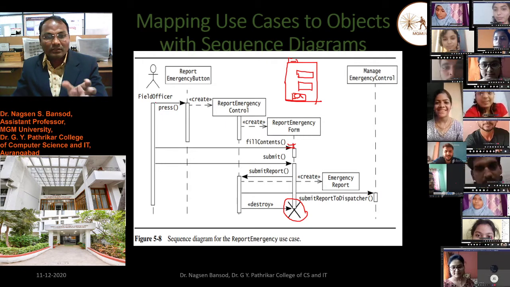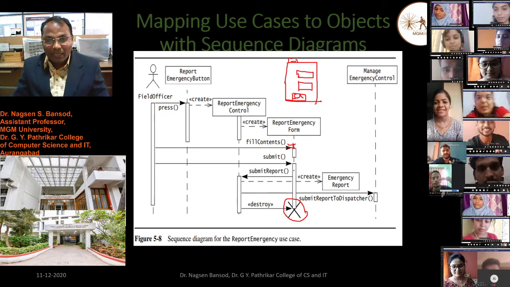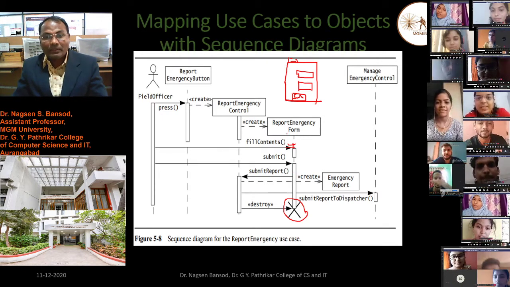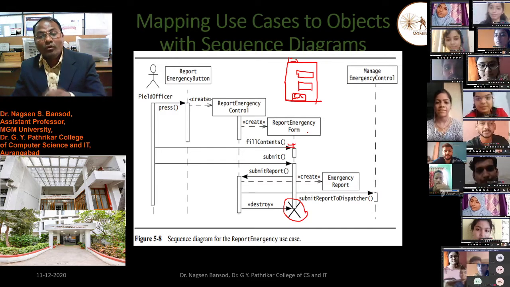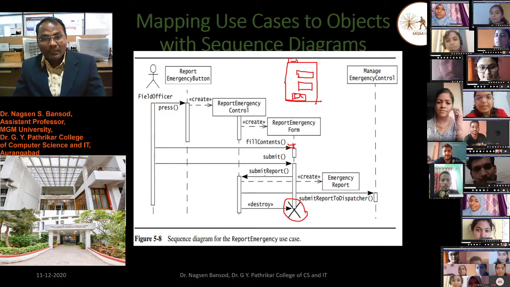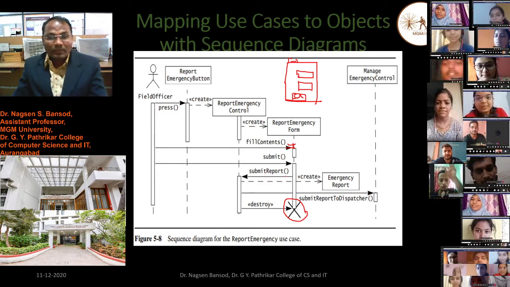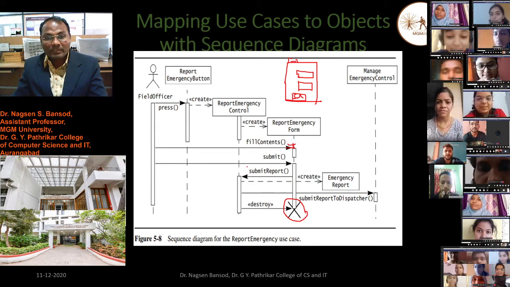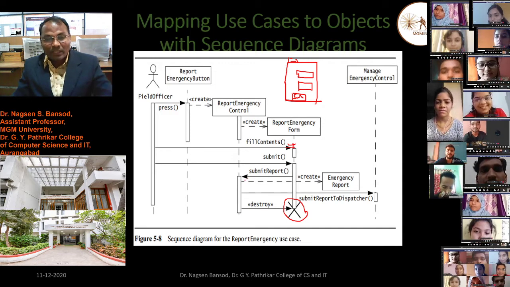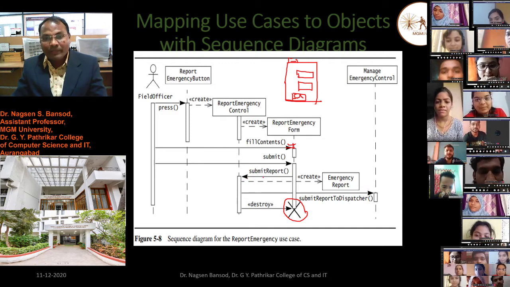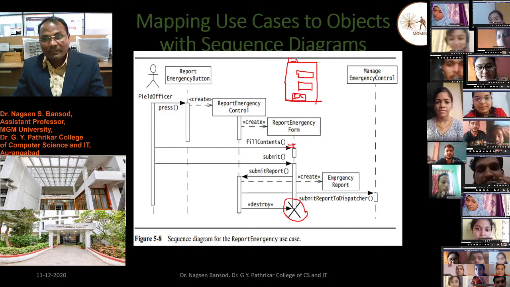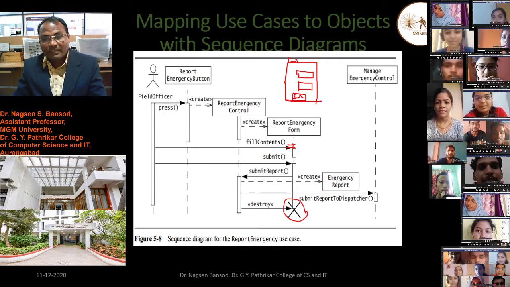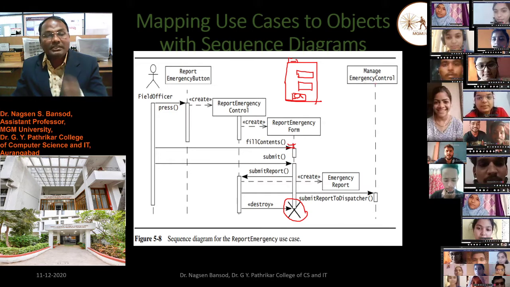After that, the report emergency form will be created and submitted to the report emergency control, and then the report emergency message will be transmitted to the manage emergency control.